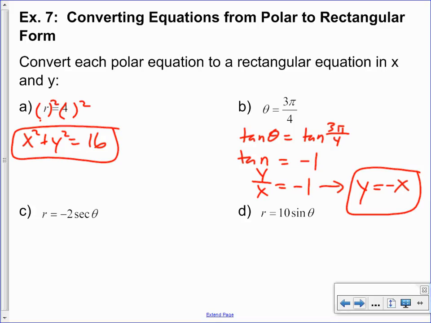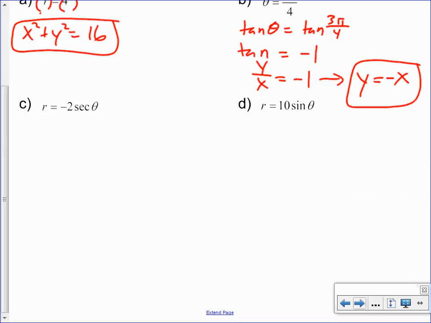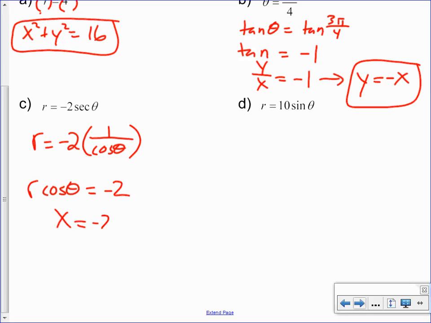r is equal to -2 secant. Oh, not inverse cosine. 1 over cosine. So our r is equal to -2 times 1 over cosine. r cosine is -2. And what's